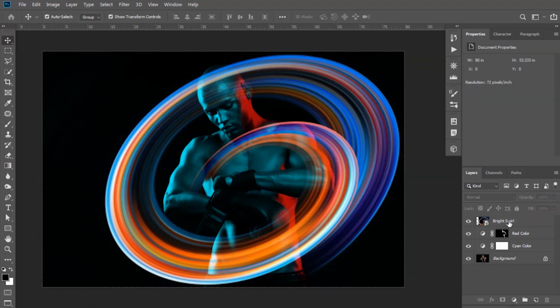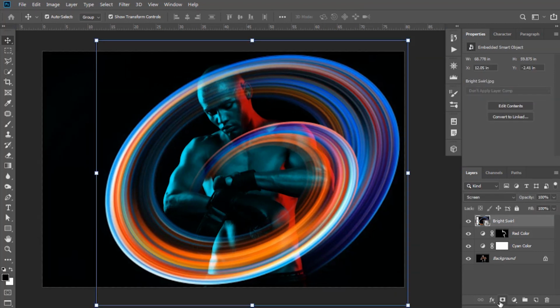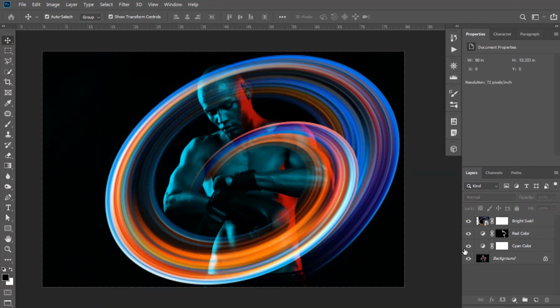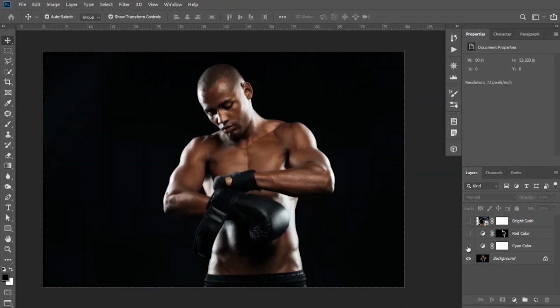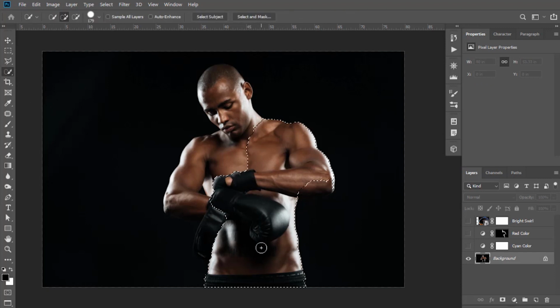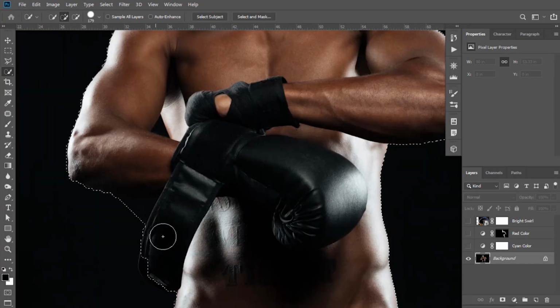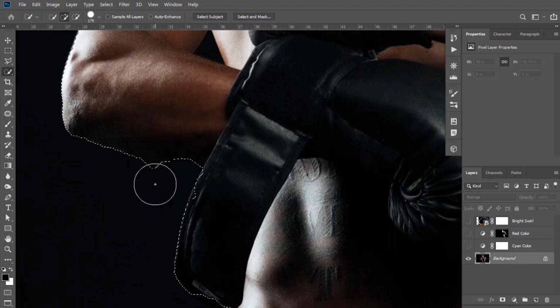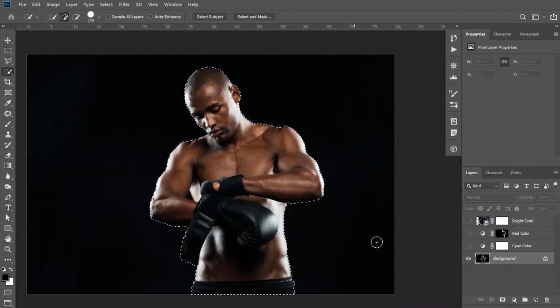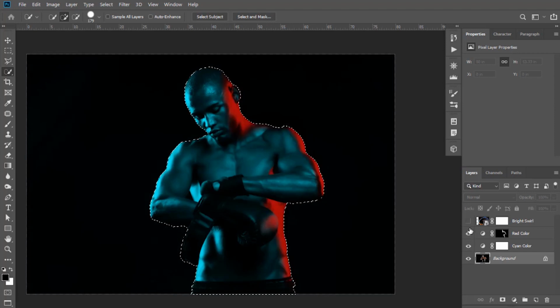Now create a layer mask on it. Click here. Hide these layers and select the quick selection tool. Make a selection of the character. Now unhide the layers.